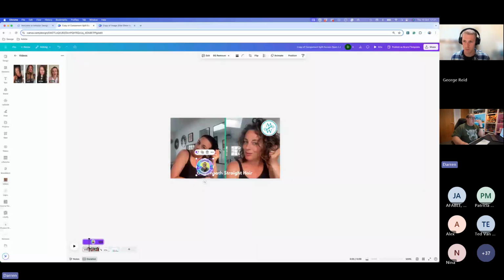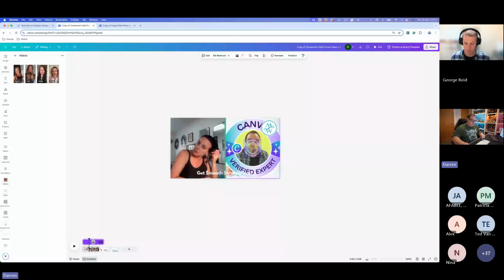So you'll see where I'm moving that around the screen, it automatically locks into some of these frames. But in order to not have that happen, you can either drop it on top of another asset so it doesn't drop into the frame. But let's say you wanted it here in the middle. If you press the command key on a Mac or the alt key on a Windows machine, it's the one next to the space bar on the left hand side, you can see that now it doesn't drop it into the frame, and it allows me to put that anywhere I want on the screen.